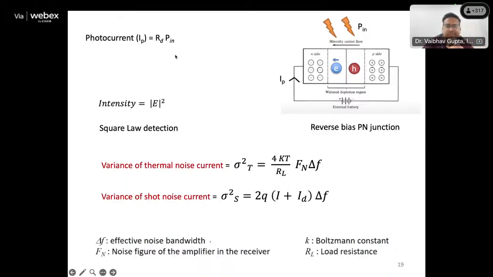This we know previously. And we also know that this detector is typically responding to the intensity. What is the intensity? It is the amplitude of the electric field. And because of that, we call this a square law detector. So typically, if you go into a laser lab, you shine the laser on a photodetector, what the detector will